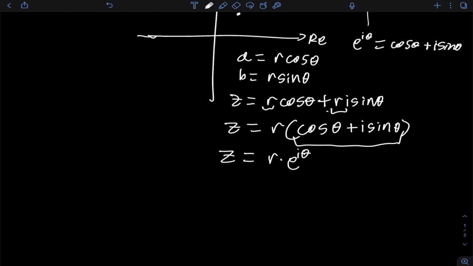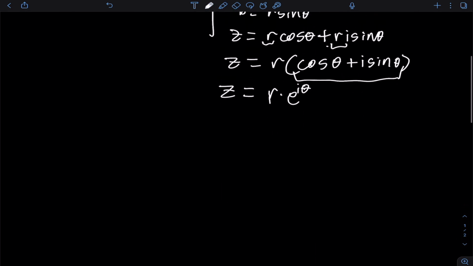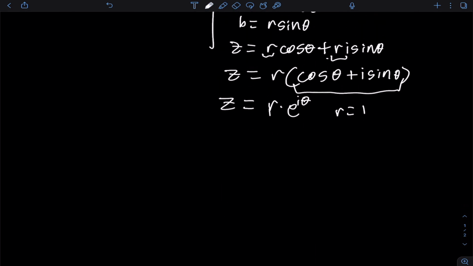And of course, how do you compute the values for r and theta? Well, let's say you have this point here. The value r can be computed by the distance of that point from the origin. So we know that by Pythagoras, if we draw a triangle here, let's say this is b, this is a, it's just going to be the square root of a squared plus b squared. So we can write that down here. We can say that r is going to be equal to the square root of a squared plus b squared,